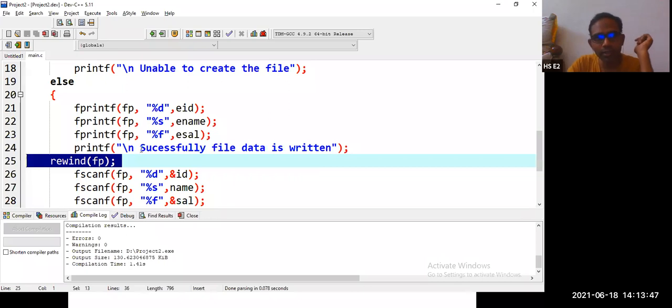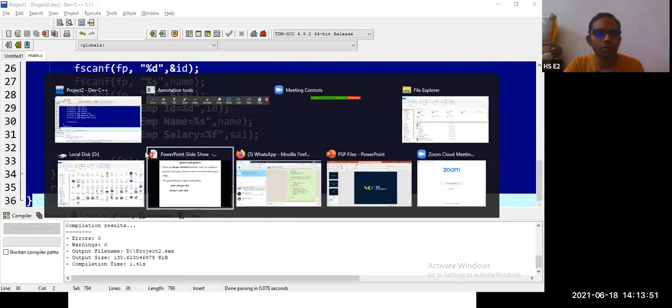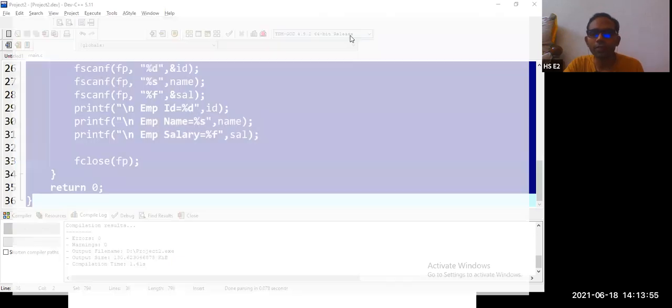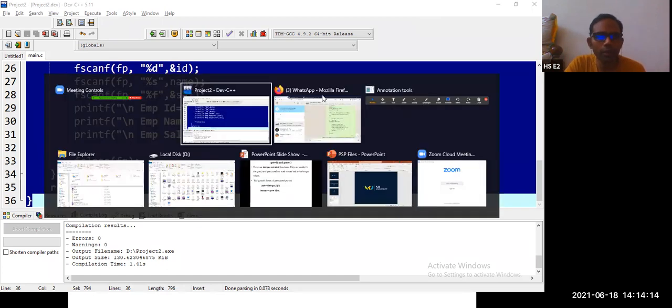So now let me copy this program to WhatsApp. Then I'm going to change this program. Yeah, somebody's having a doubt. Sir, rewind is only for files, sir. Can we use it in pointers? No, only for files. Moving the file pointer from one location to the previous state. Only files, not in pointers. Though it is file pointer movement, so only files. Good doubt. Any other doubt?